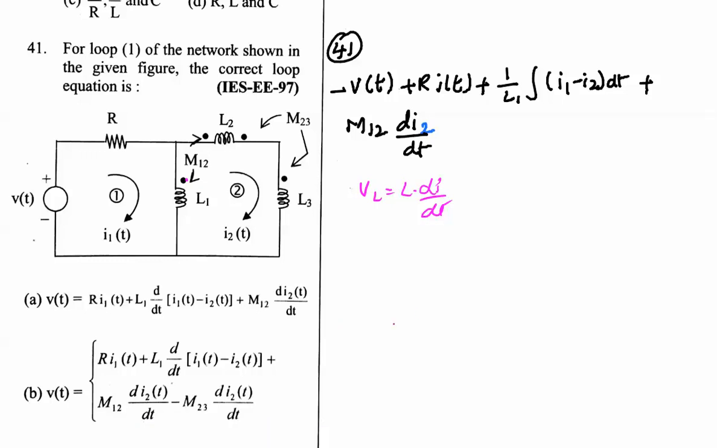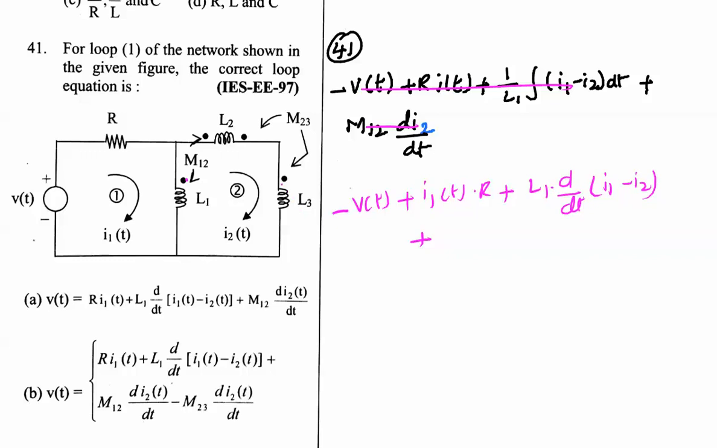So VL is equal to L into di1 by dt plus, I will erase this, I will write the equation again here. Okay, and this is wrong. So here minus V of t plus I1 of t into R plus here the mutual inductance. So VL is equal to L1 into d by dt, and assume we are following loop 1, so that the current I1 is greater than that of other currents,